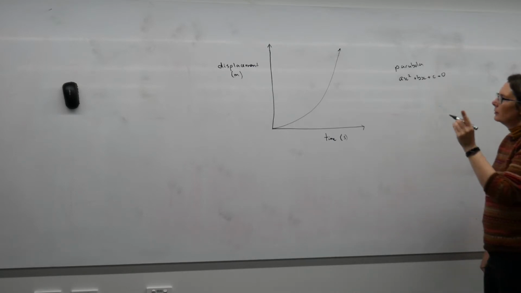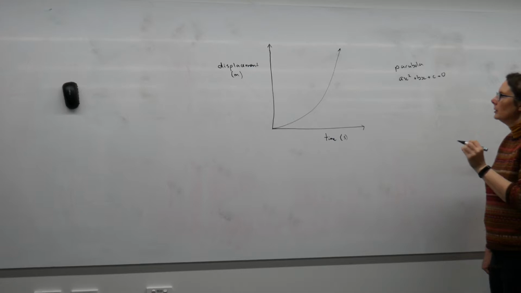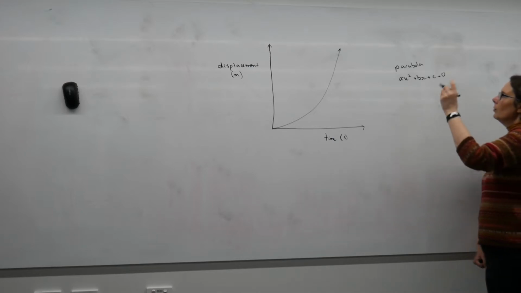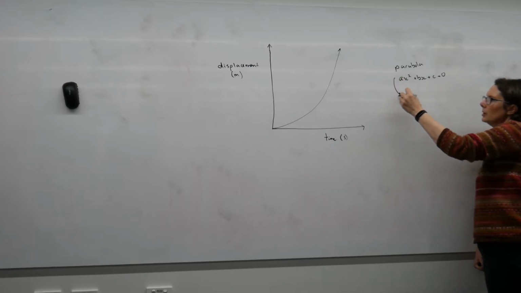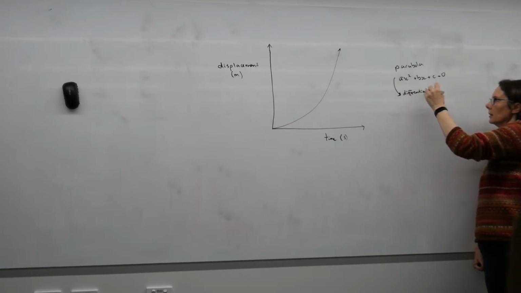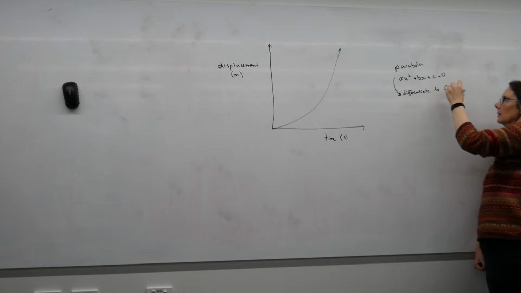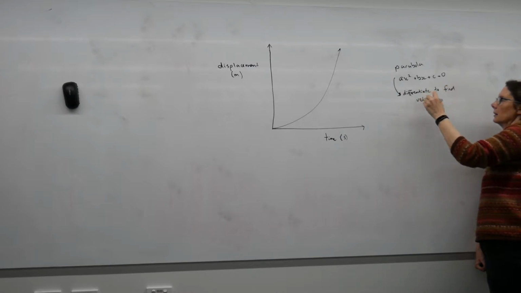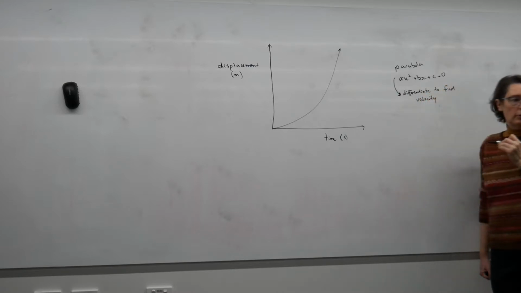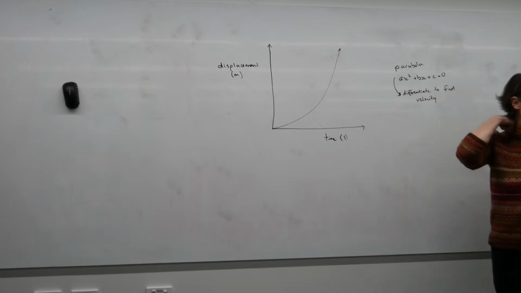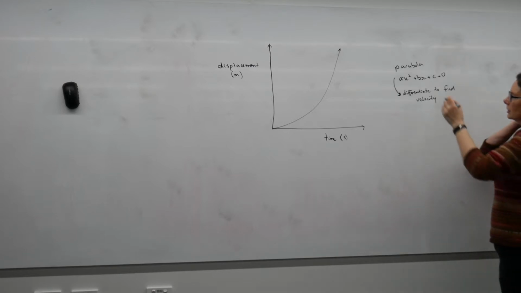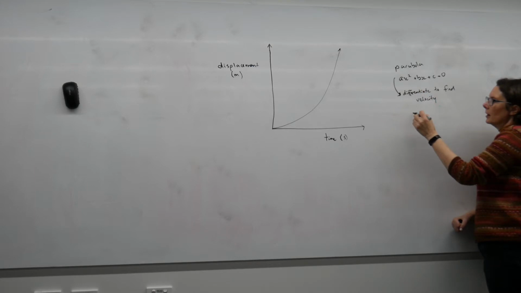And for those of you who are doing methods maths, what we do know is that we can differentiate to find velocity by differentiating. Okay, so that then would become 2ax plus